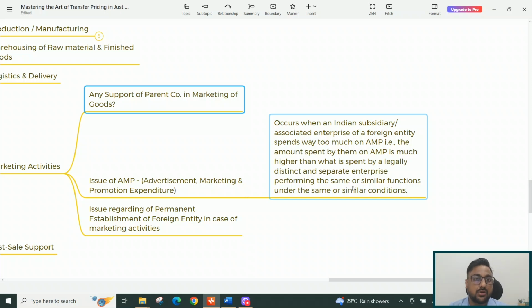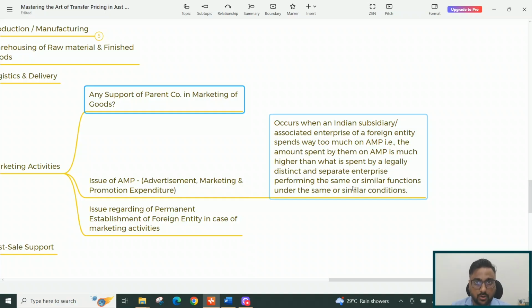Why so? Because they understand that even the marketing expenditure should be at arm's length. So that is where the issue of AMP lies. Technically, you can see the technical judgments of Maruti Suzuki Limited also. I am not quoted here, but this is one of the very sticky issues that happens, and when transfer pricing